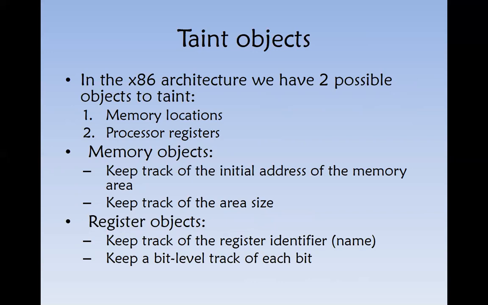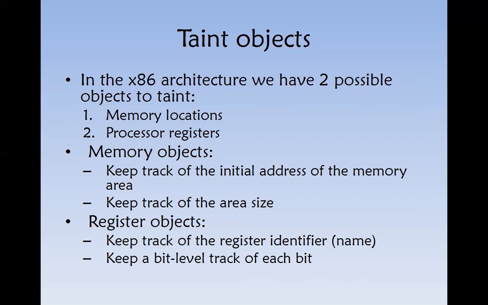Now you can obviously store one bit of information with every integer variable. For example, for four bytes of an integer, you can store one bit to determine whether that integer is tainted or not. And if you do that, then your objects at which you're doing taint are